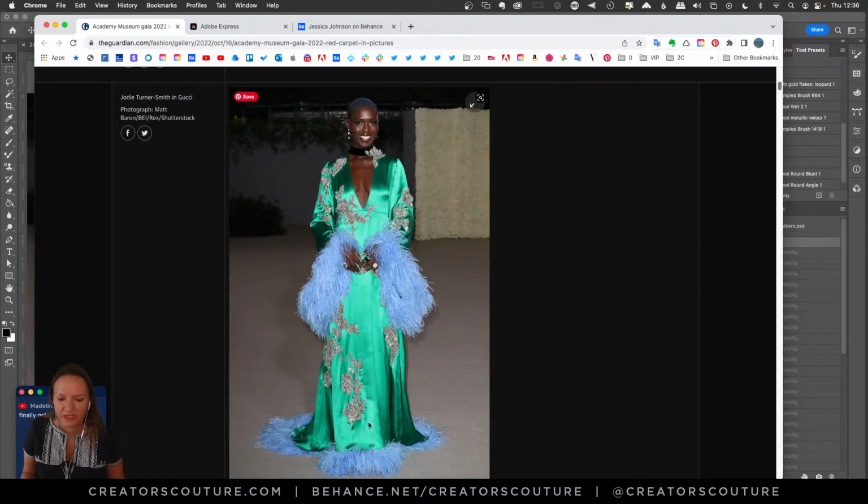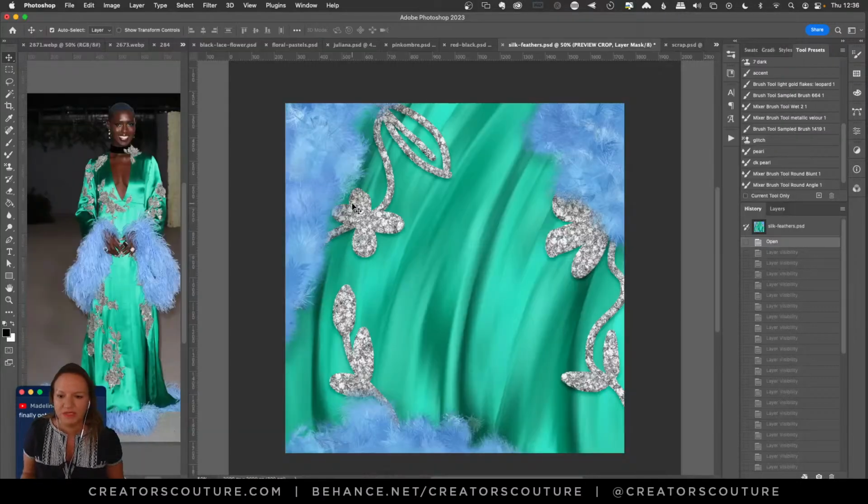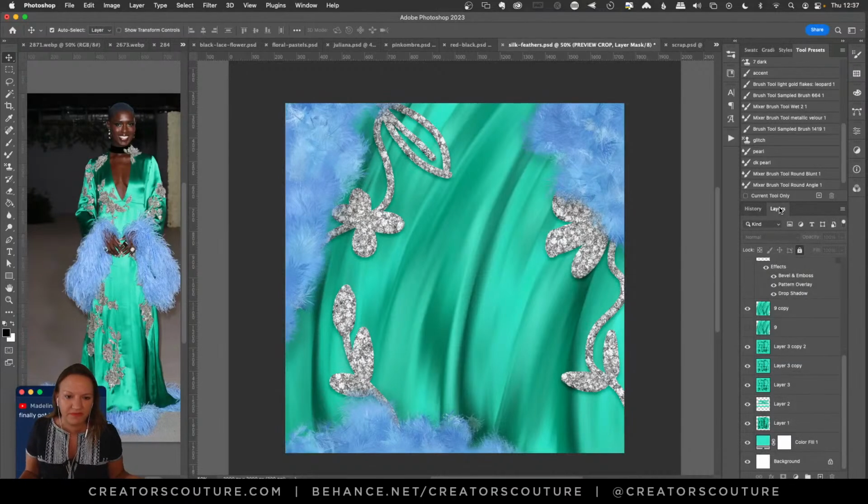So I went through some of these and made some little motifs, some quick backgrounds. I didn't worry too much about the composition or making it perfect. It was more about showing you the quickest way possible to create something inspired by this.